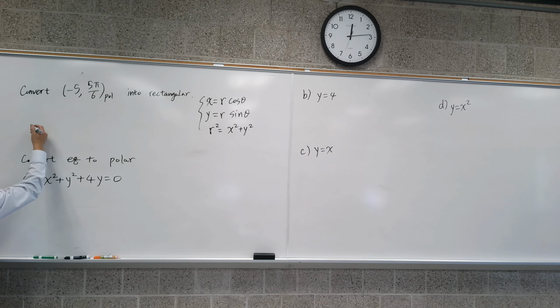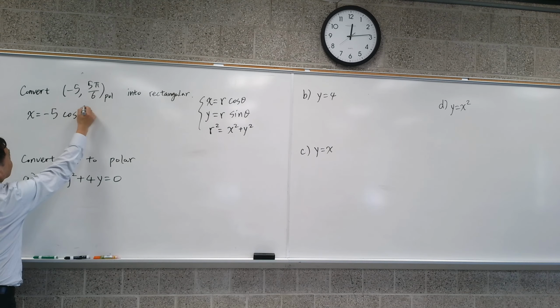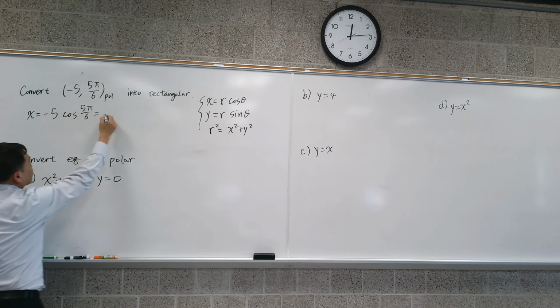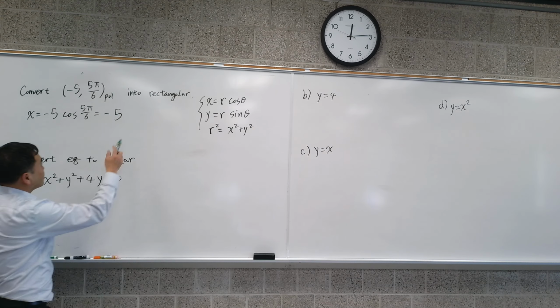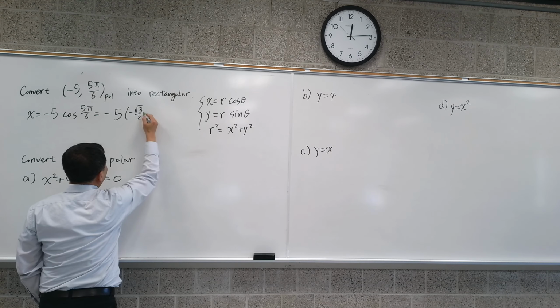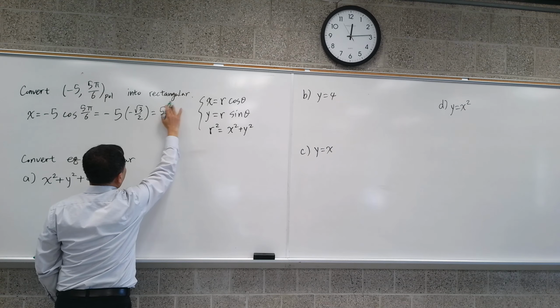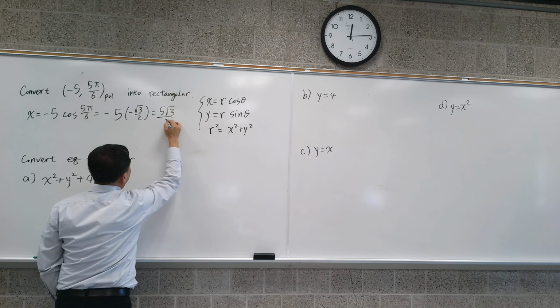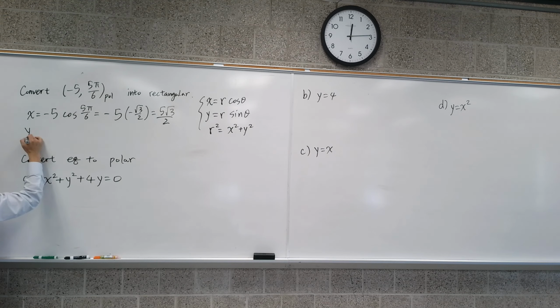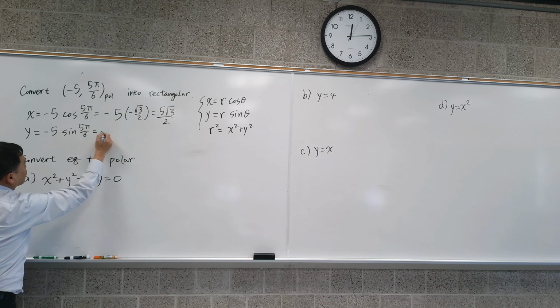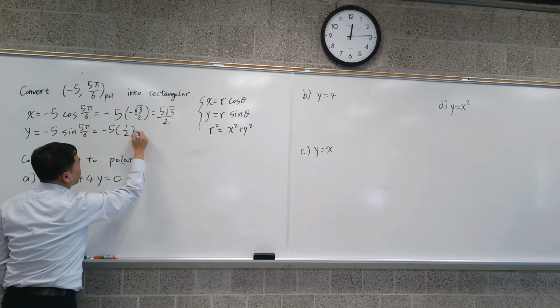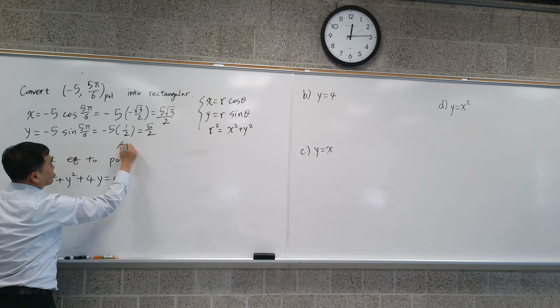This one's an easy one. You just have to do x equals negative 5 times cosine 5 pi over 6. And the exact value for that is, let's see, it's over here. So negative, we're at 3 over 2. So it's 5 square root of 3 over 2. And then y is negative 5 sine 5 pi over 6, which is positive 1/2, so you get 5 over 2. So the answer for this is simply